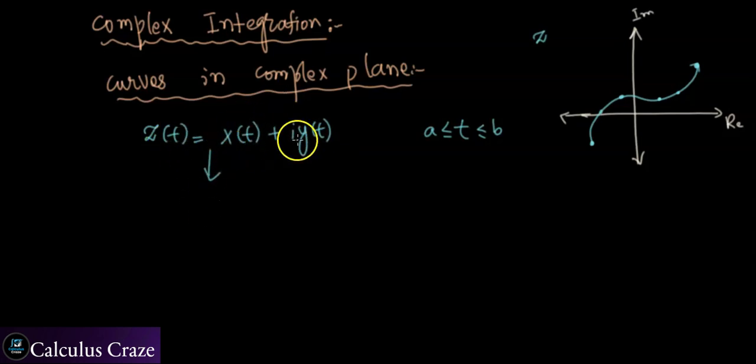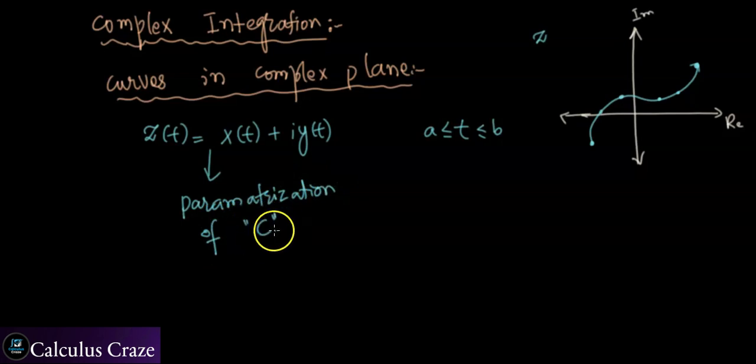Now this z, which is x of t plus iota times y of t, is a function. This function, which is a complex valued function, defines the parametrization of my complex curve, the parametrization of the curve C. So C means this curve. So far what we know is, if we have a complex curve, then we would try to have its parametrization. One example for this so-called parametrization